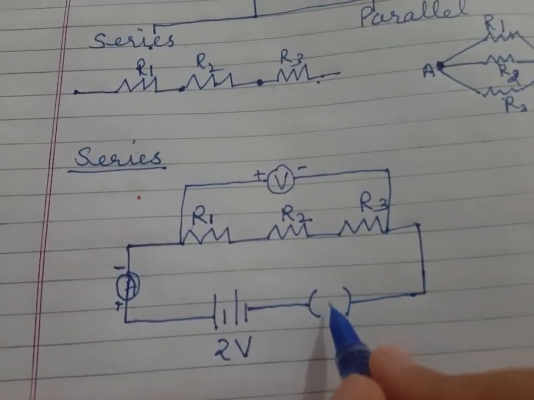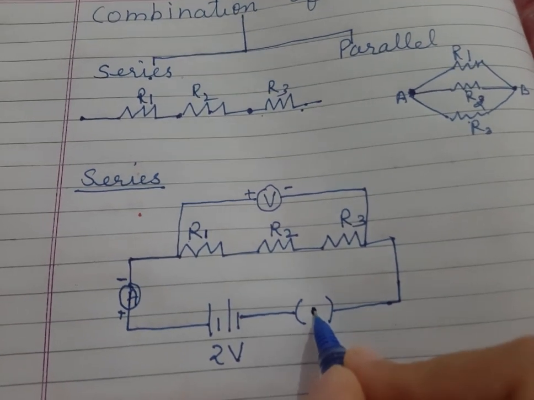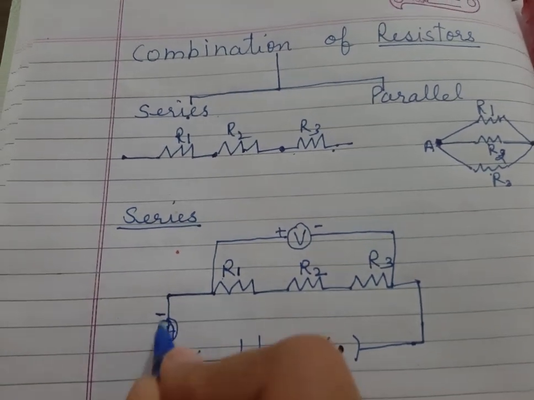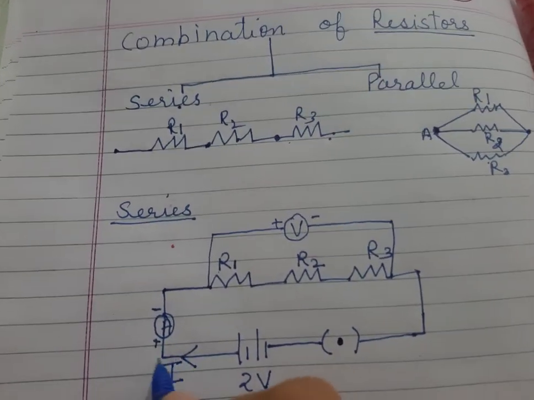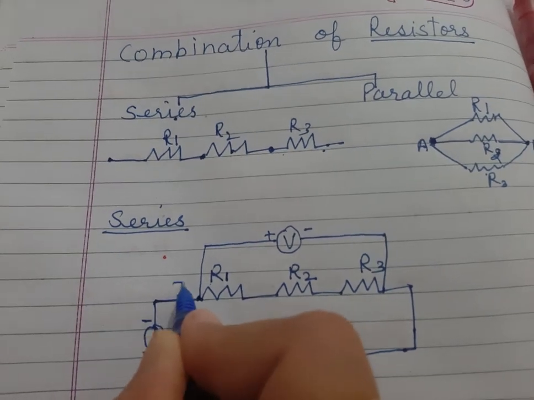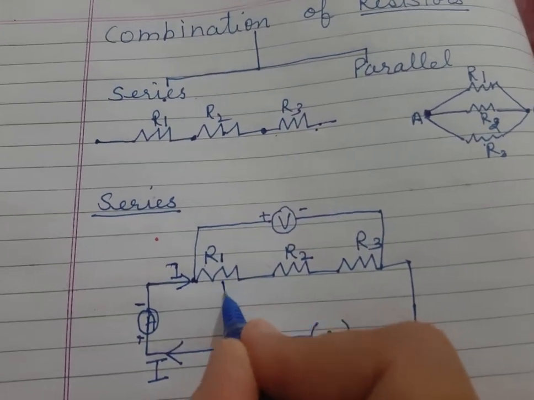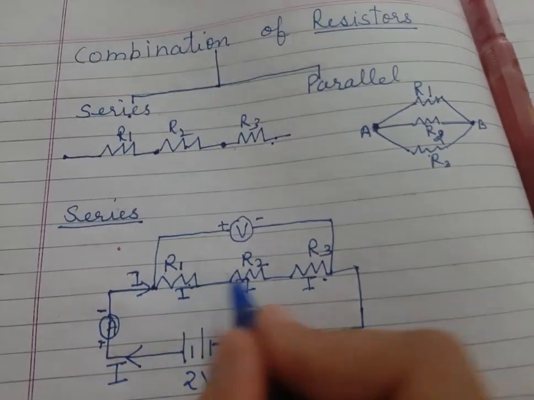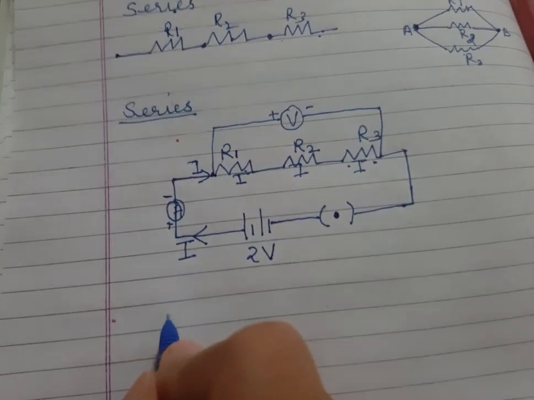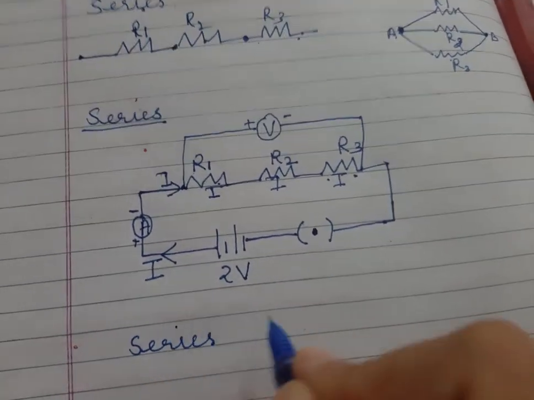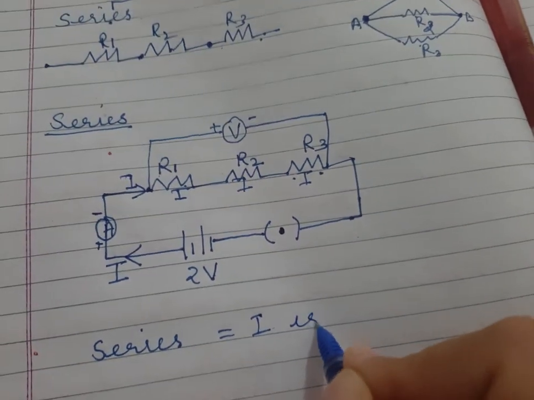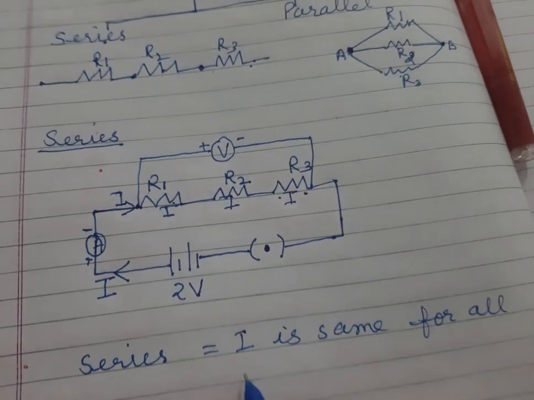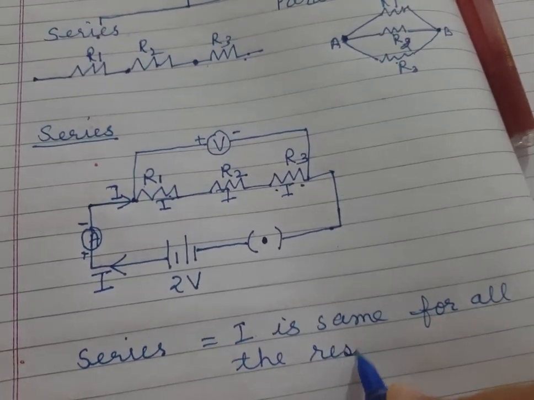Now when we switch on, what will happen? The current will start moving from the positive to the negative point. Suppose the current is I. When this current I reaches this point, the same current will move into the next resistor and into the last one, because they are connected end to end. So in the case of the series combination, I is the same for all the resistors,